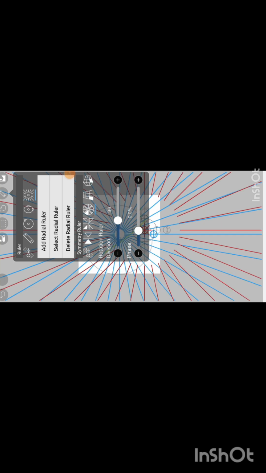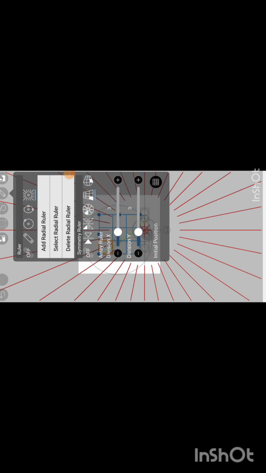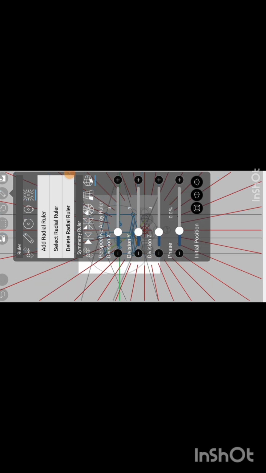Now beside it is the ruler option. Here you can find two types of rulers, ruler and symmetry ruler. Now rulers are mostly used by people to create backgrounds and patterns or especially mandalas. Now I will explain the further use of tools in the upcoming videos. For now you just need to know that there is a straight ruler, circular ruler, elliptical ruler, radial ruler, mirror ruler, rotation ruler, kaleidoscope ruler, array ruler, and also a perspective array ruler.